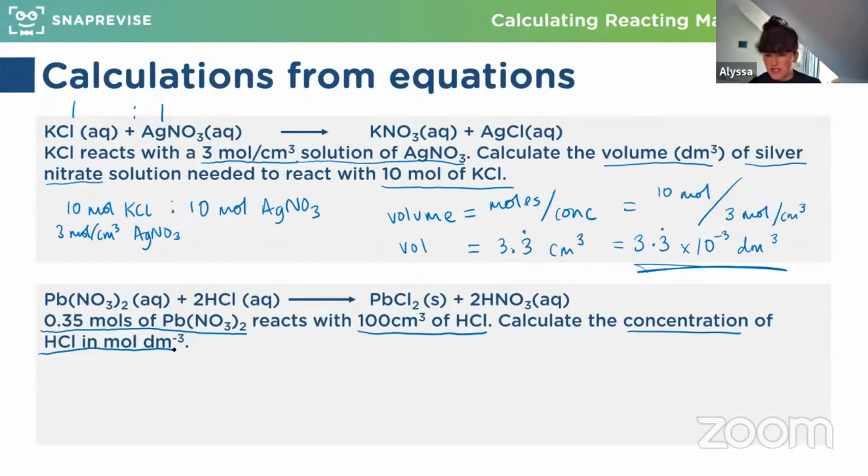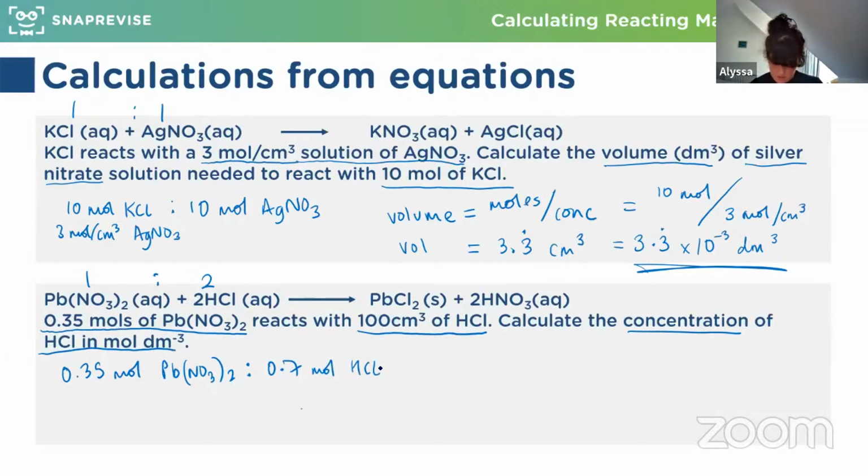We need to find the molar ratio. That looks promising, Team Echo. Let's have a look. So it's a 1:2 ratio this time, a little bit more complicated. So if we've got 0.35 moles of our lead nitrate, that must mean, yeah, good, well done, we must have twice as many moles of our HCl. Good, so it's times by 2, 1 to 2. Perfect. So that means we know we've got 0.7 moles of HCl. Brilliant. Oops, I forgot to put moles of HCl. Let's write moles in there. Mole of HCl.